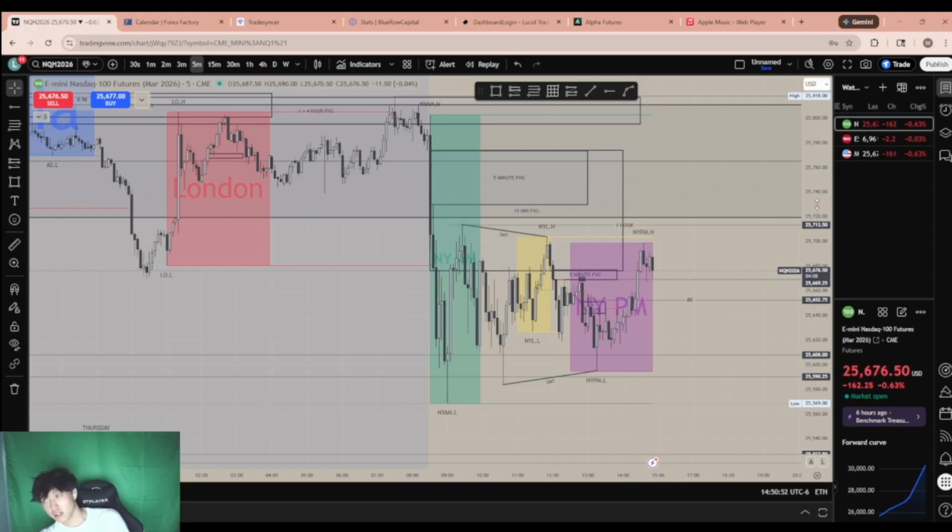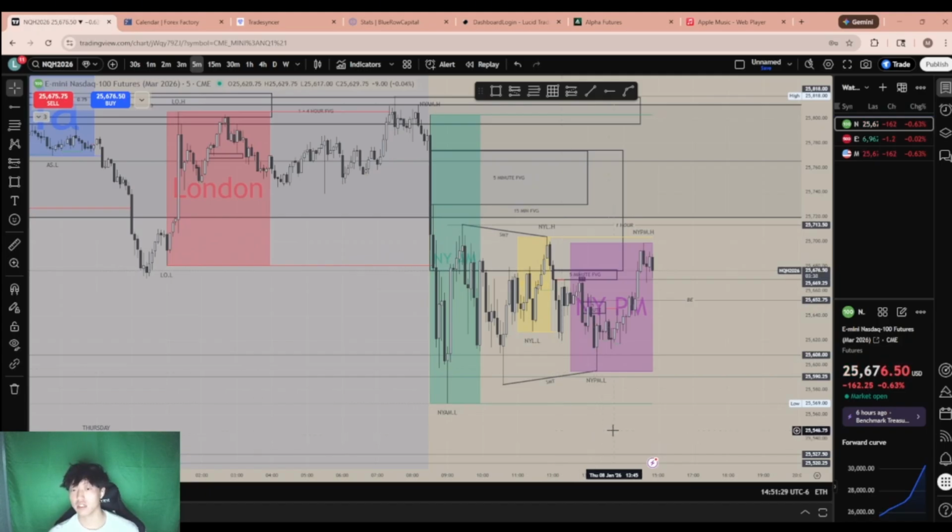Because if ES took out this high, right, and then it also hit a 1-hour fair value gap, that would be a good sweep from ES. And when you sweep, it reverses. So since ES was going upwards and hit a high liquidity pool of high resistance, Nasdaq was only down here. So Nasdaq is leading to the downside. So you would take shorts on the Nasdaq to the downside.